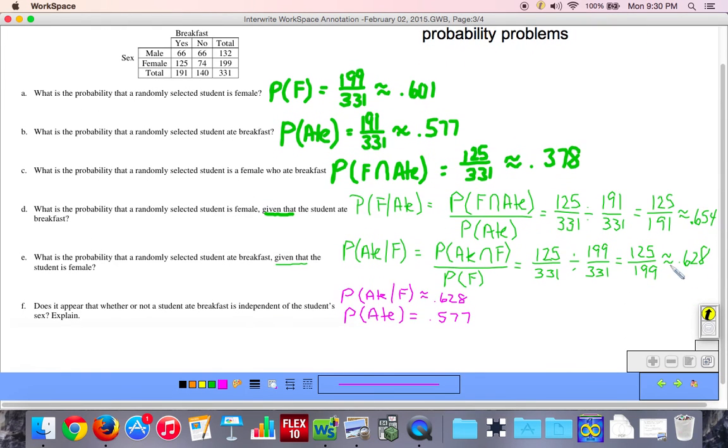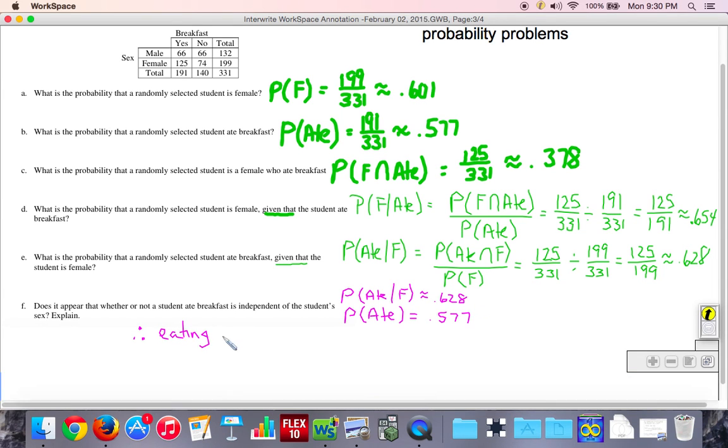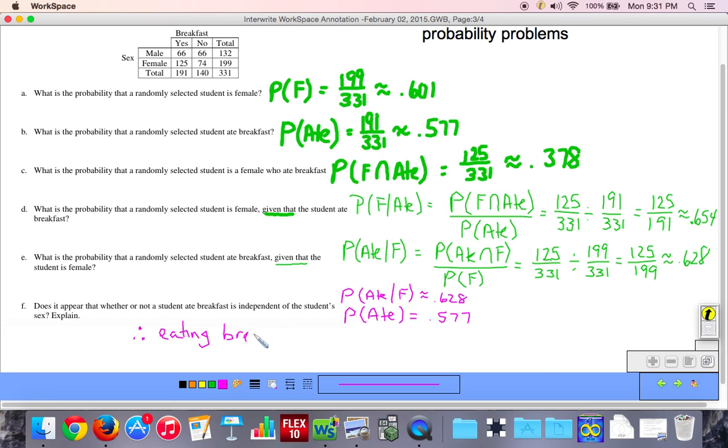So, to answer the question, I don't think that eating breakfast is independent of sex, because if they were independent events, we'd expect the probability to be the same. So I would say, therefore, eating breakfast is not independent of gender,